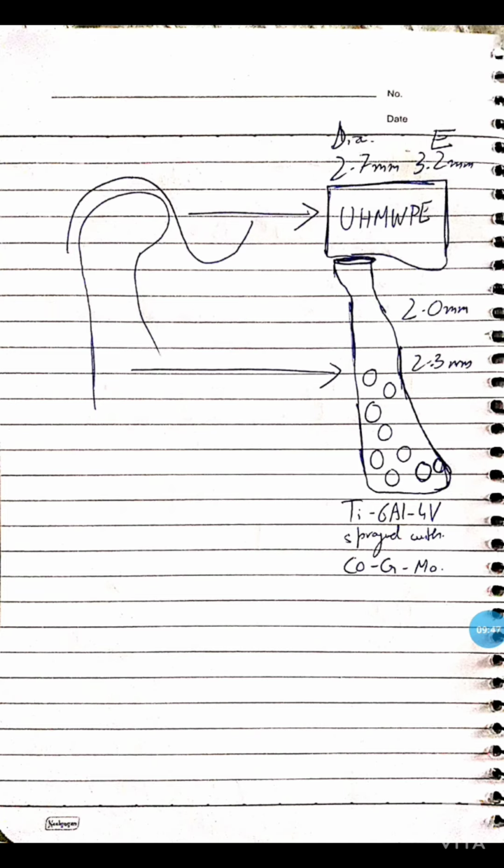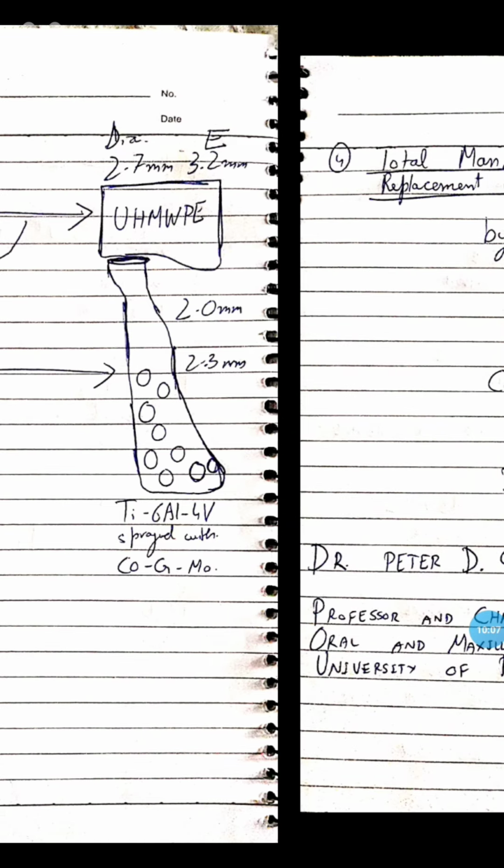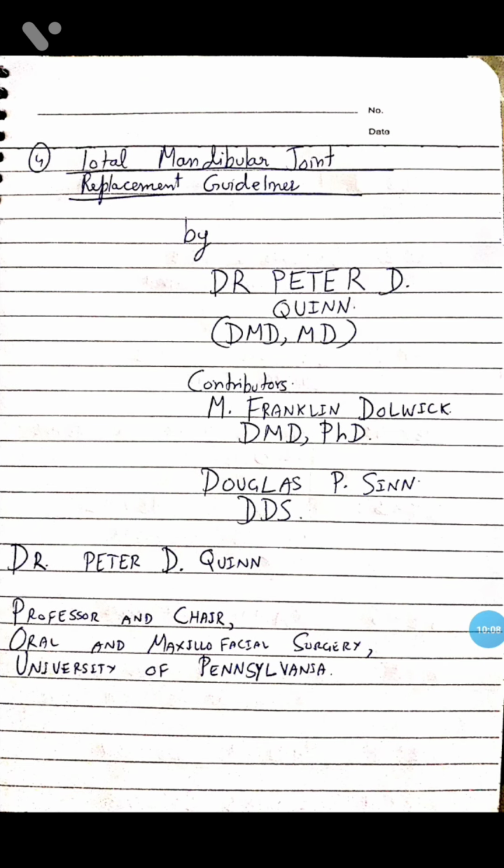First things first, you expose the ramus, followed by exposure of the zygomatic arch, followed by exposure of the entire joint. Then you have a PDQ retractor, that is a special type of retractor which is used for temporomandibular joint surgeries, to prepare for osteotomy. Then you dissect medial to the condylar neck, followed by ramal exposure, and then there's dissection along the mandibular branch of the facial nerve. There's masseteric reflection. There's again a secondary exposure of the ramus.